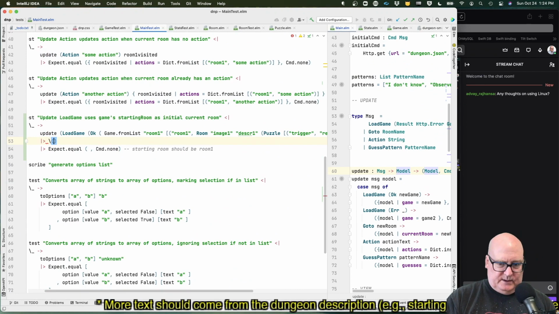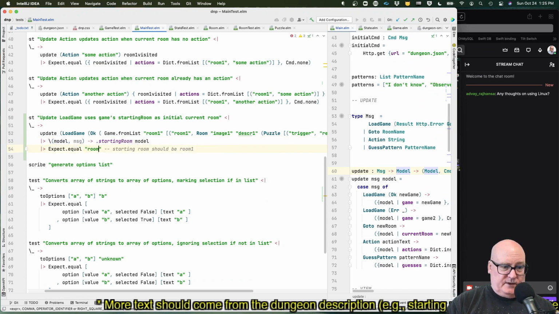So lambda model message goes to, let's just get the model out. Actually, I think I want the starting room of the model. And that should be room 1.